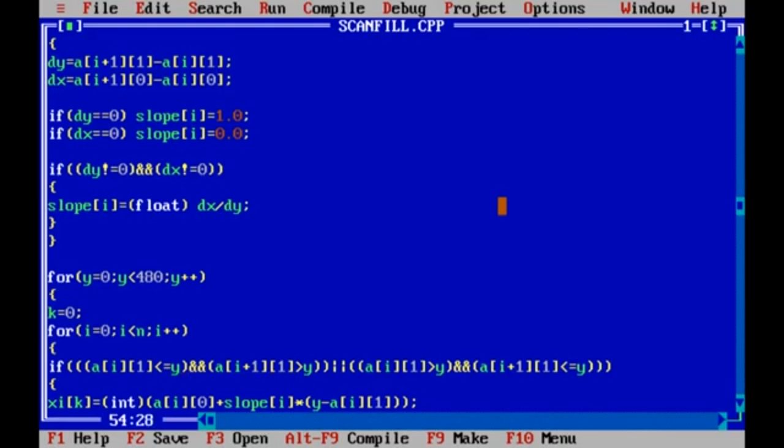If any of them is true, then we have to make some calculation over some slopes. This is another important step, so kindly pay attention over here.